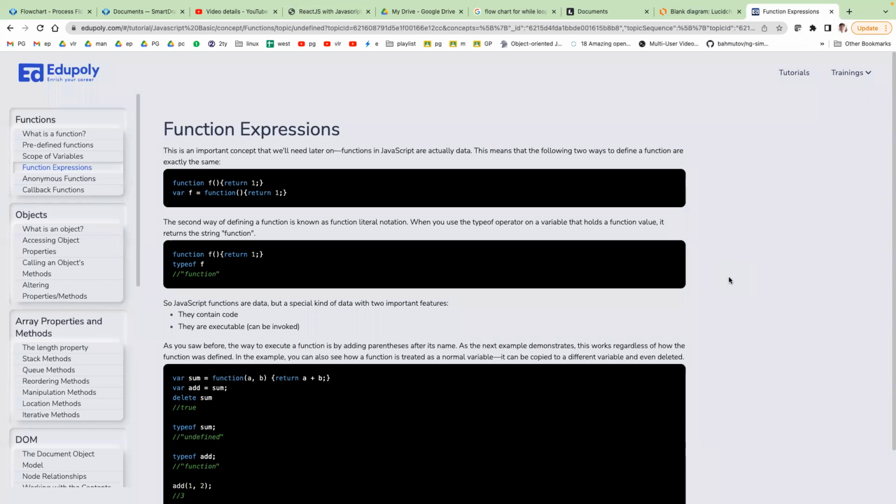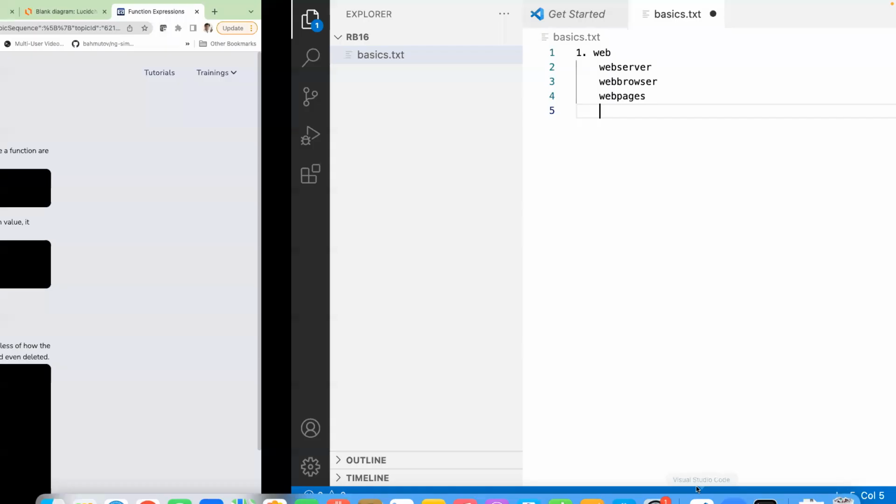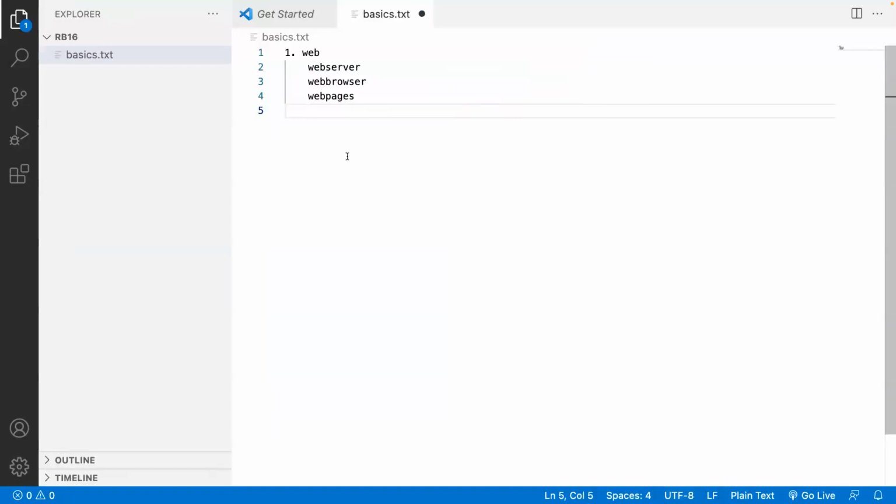an editor. That can be Notepad, that can be Notepad++, that can be Visual Studio Code also. So here I am using an editor called Visual Studio Code. Let us see this. So here is the editor. Already through this editor, have I created anything? I have created a file. What is the name of the file? Basics.txt. But this is a text file. It is not called an HTML file. So to create an HTML file, this is what I am doing.